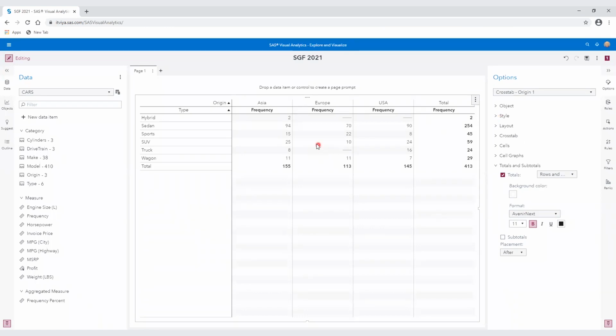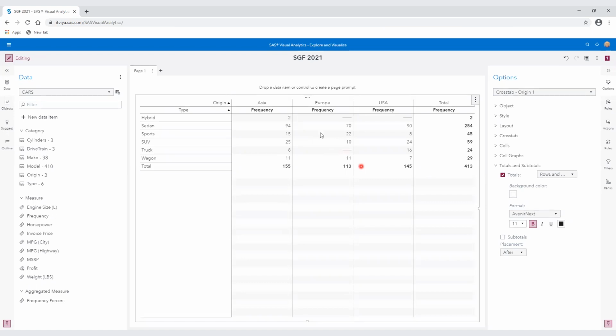So I created a filter, a data source filter, right? So we're not looking at all of our cars. I filtered out the ones that had an odd number of cylinders. But what I want to do now is to create a dynamic filter.